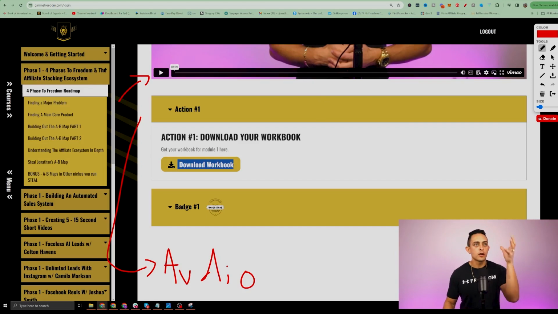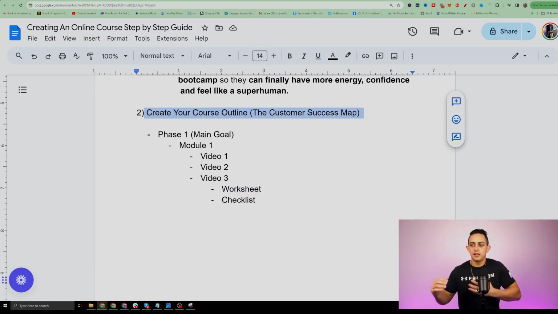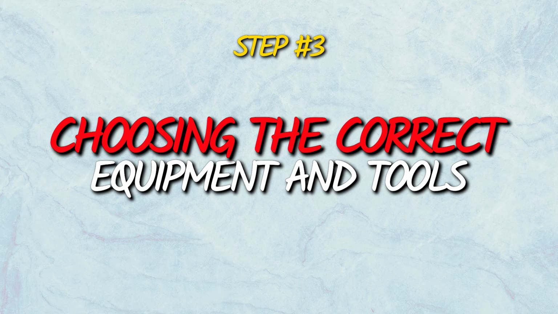But the goal of creating your outline is just making it as easy as possible to consume your material. So step number 3 is choosing the correct equipment and tools that you're going to use to create your online